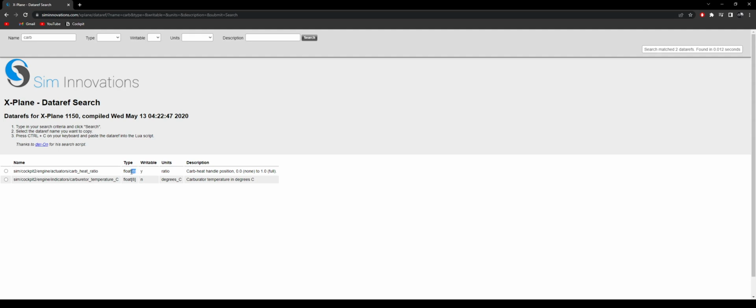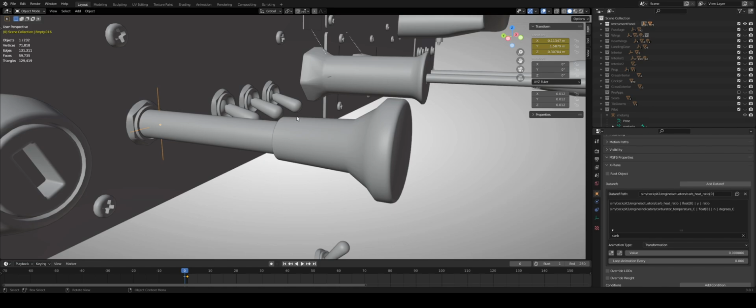So we have eight carb heat handle positions. So 0 is going to be no carb heat, and 1 is going to be full carb heat. Those are our values, 0 and 1. That's pretty much standard for any push pull. So let's just get rid of this. And so we can see we have